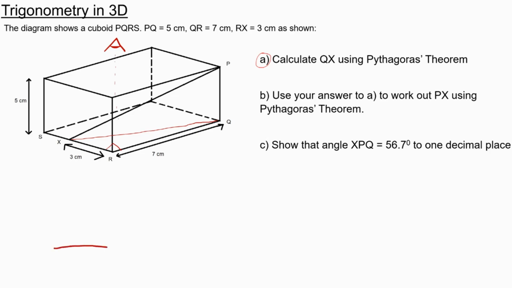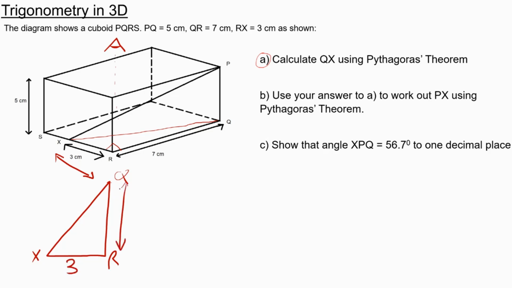Let me draw that a little bit better. I would see this right angle triangle, QRX. We know that XR, or RX, is 3 centimeters. We know QR is 7 centimeters. And we know this is a right angle triangle, so if I want to find QX, I can use Pythagoras'